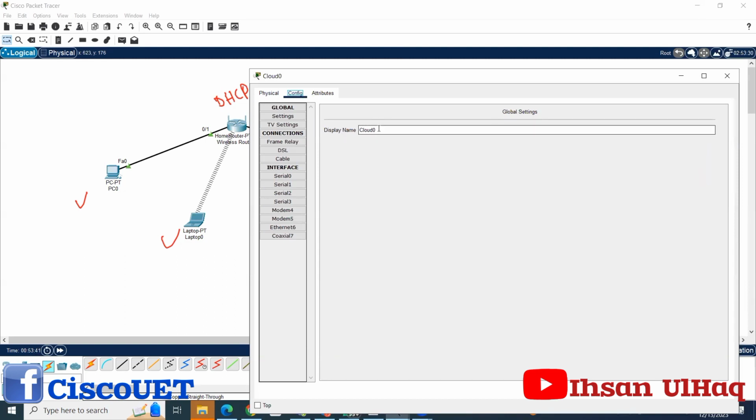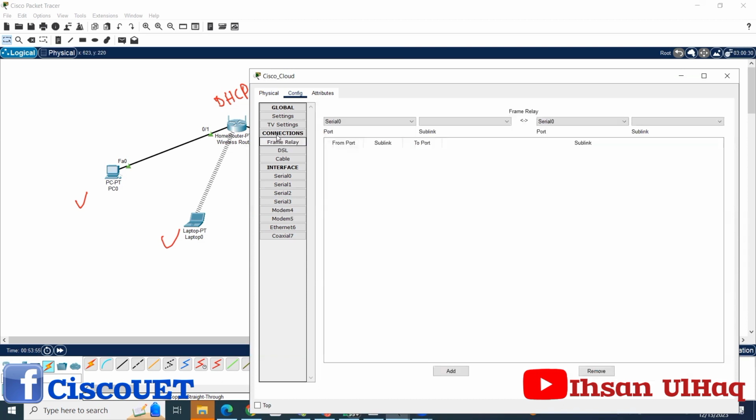Maybe Cisco cloud, your choice. Then you should go to the connections, and which connection you are using, whether you are using a frame relay, or a DSL, or